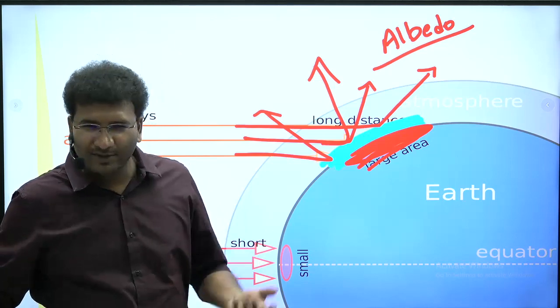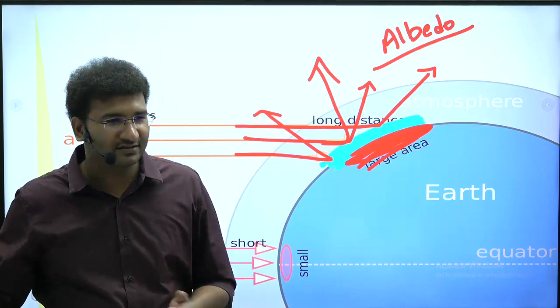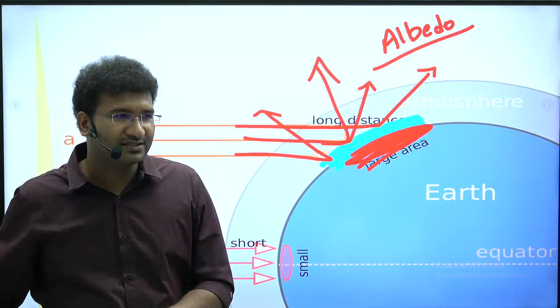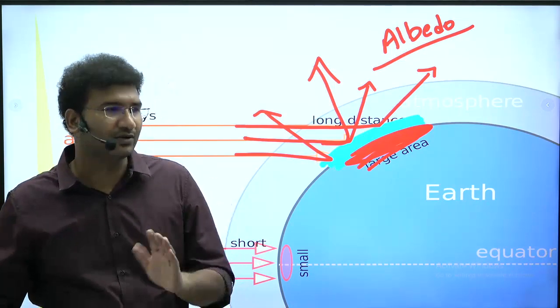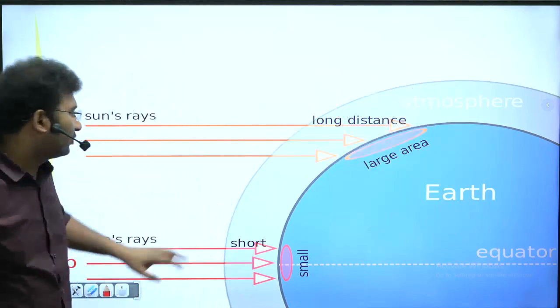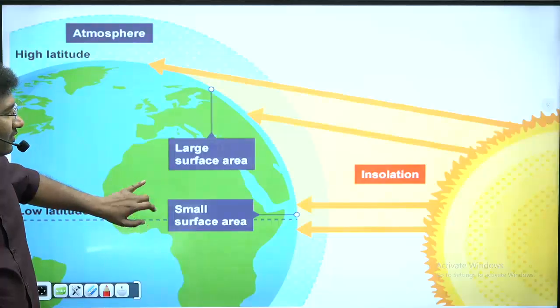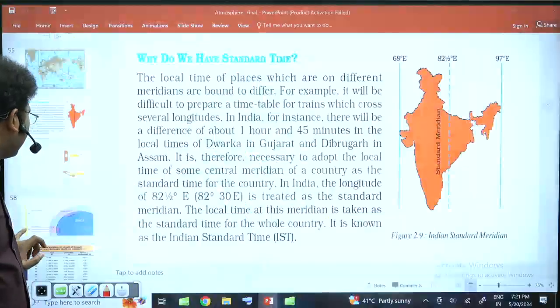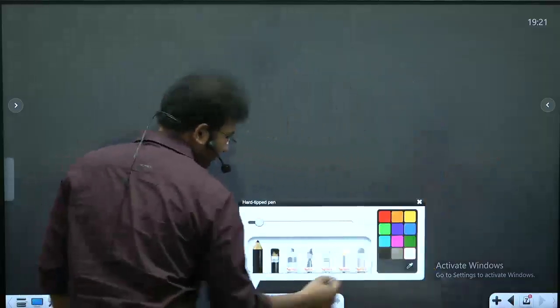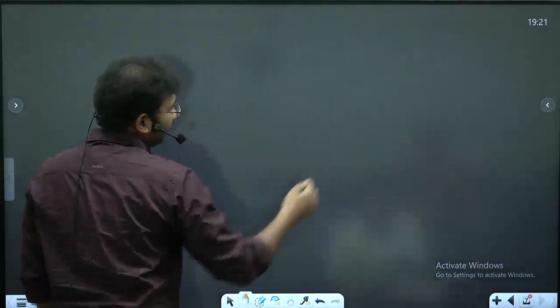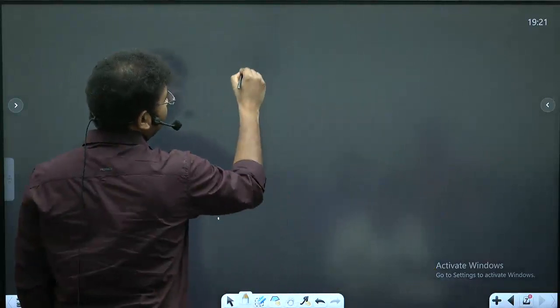उसके अलावा बादल भी होता है, आइस. ठीक है? Clouds also play a vital role. These things we will learn in the further time period, but धीरे धीरे I am introducing you the concepts. ओके. Now see, you already know the concept that Earth is tilted 23.5 degrees. Now here I have to tell you the concept of